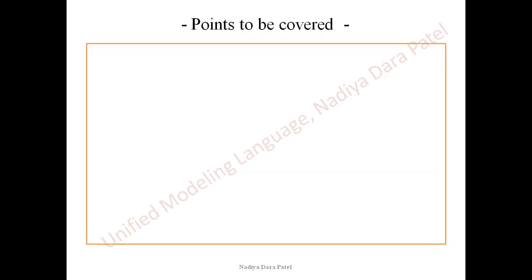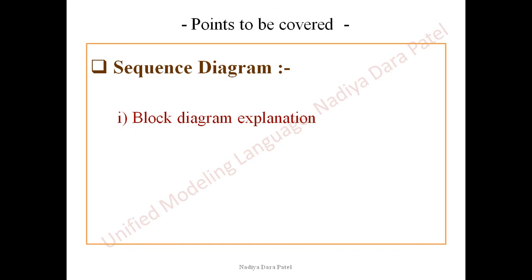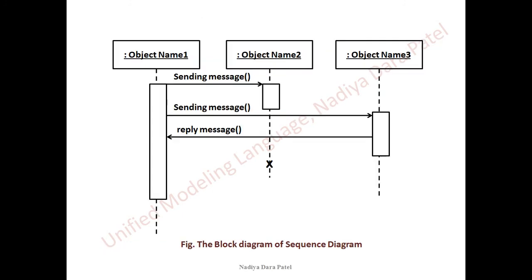So points which we are going to cover in today's lecture are the block diagram of sequence diagram and its explanation, and finally one example. So this is the block diagram of sequence diagram. I have made use of all the possible symbols from sequence diagram, which are the object's name, the lifeline, and finally the activation box. So some things which you should remember while drawing sequence diagrams are: